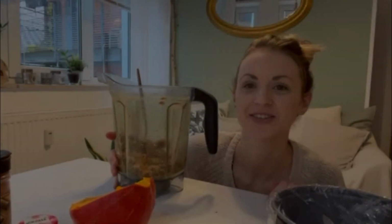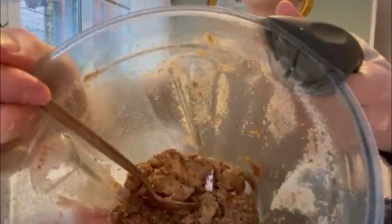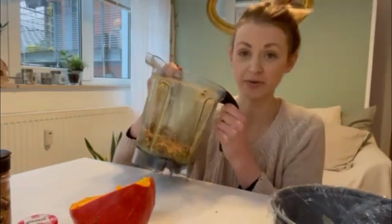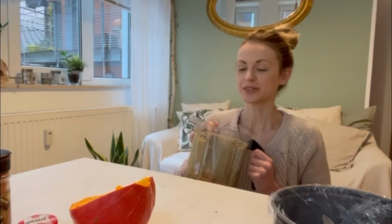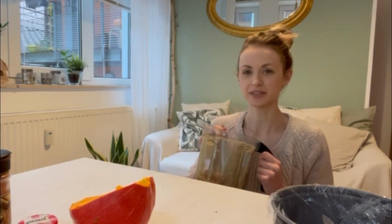Yes, so I'm going to blend the ingredients for the crust, and then we are going to make the filling, the creamy filling. So see you in a second. So the dough is ready. Let me show you. So it smells already so good. So much cinnamon and vanilla bean powder and the dried apricots. It's